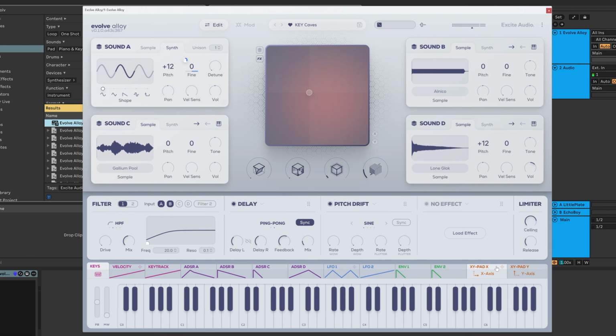So I've got the XY pad X here. If I click and drag, I can drop this on most anything inside of Evolve Alloy. But let's keep it simple. Let's come to the mix of the delay. Once I drop that there, you'll see this little notification here. This means that we can add modulation. At the moment, there is none because we need to click and drag up or down to add the modulation